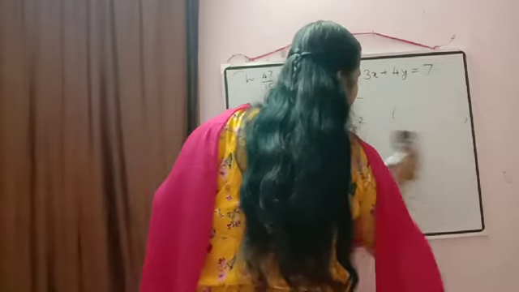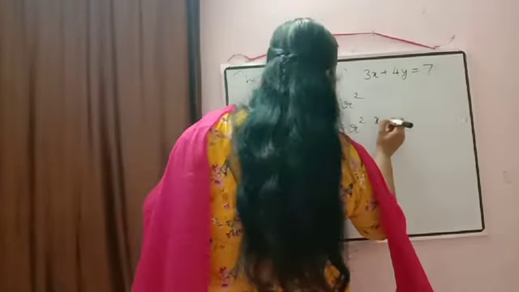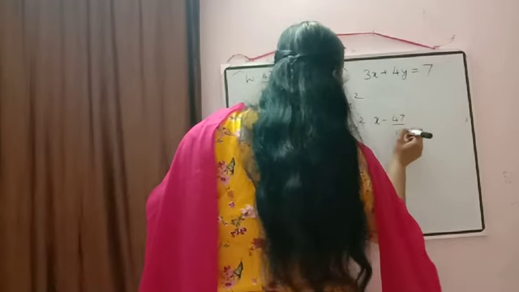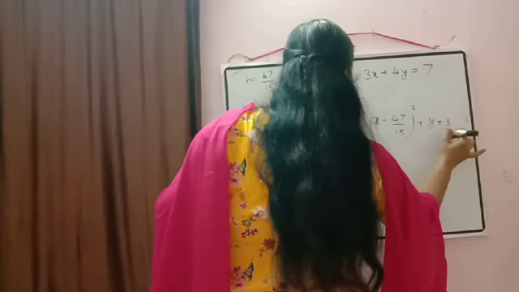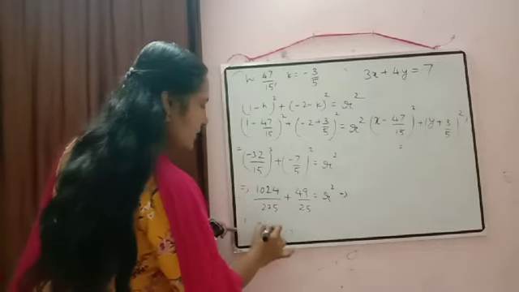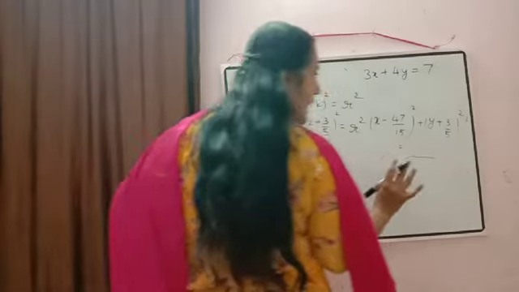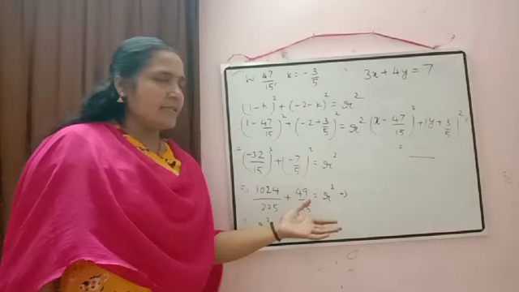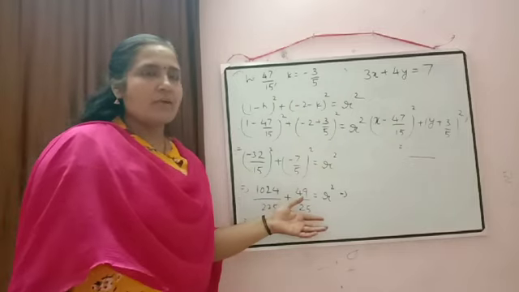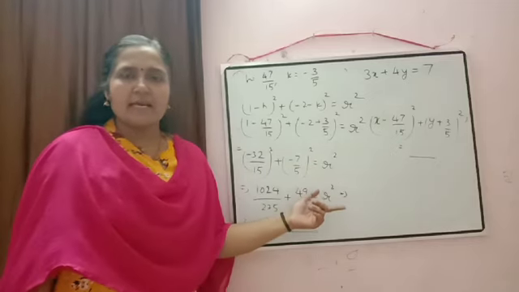After that what do you have to do? We have to write down the equation of circle. So just write down in this way, x minus 47 by 15 the whole square plus y plus 3 by 5 the whole square is equal to whatever your value of r square you are getting here. Don't calculate the square root because in the formula we want r square only. After that don't simplify it because already in this type of question there are so many calculations. So you can leave your answer till here only. So I hope the method is clear to you.